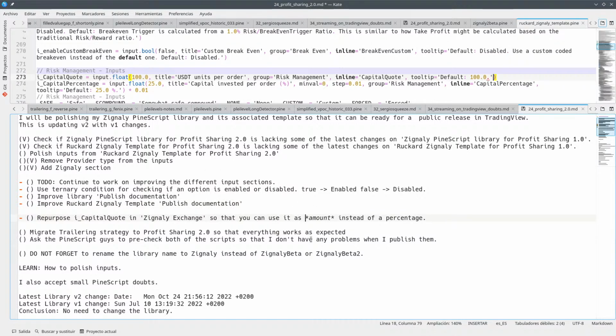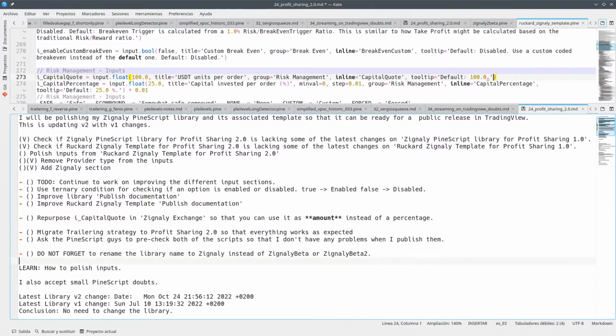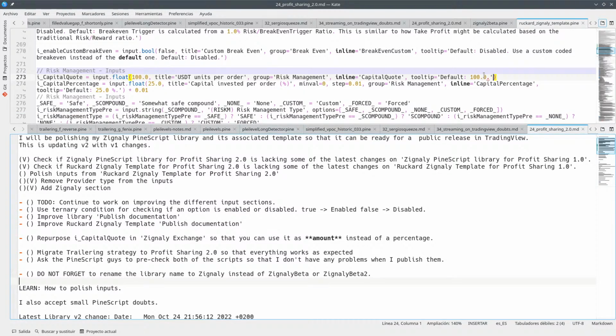Okay, yeah, so I want this like this. Okay, so now we have this default 100. So this means that